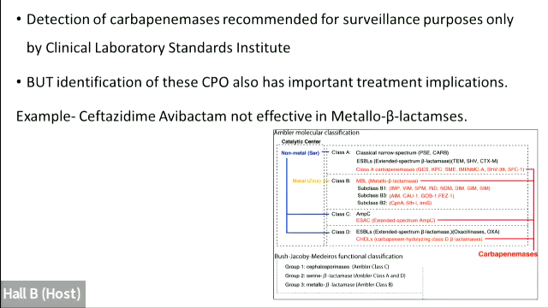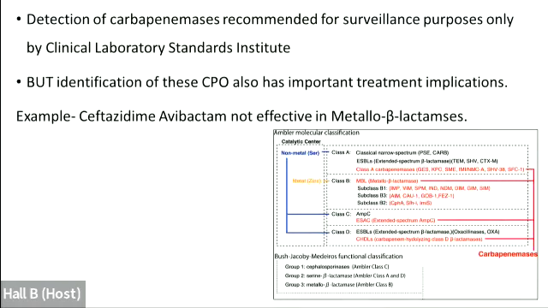For example, ceftazidime-avibactam is a drug which is not useful against metallo-beta-lactamase producing bacteria. So whenever we're using this drug, we have to make sure that the patient does not have MBL. Plus, if we're using it in an MBL patient, we have to make sure we're using it with aztreonam